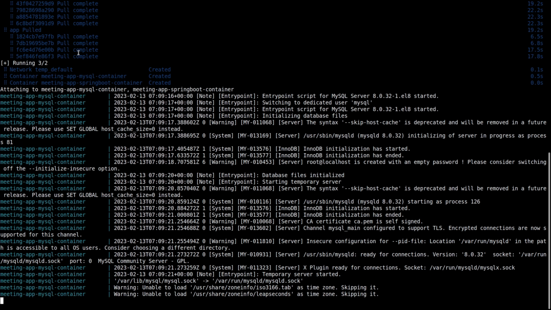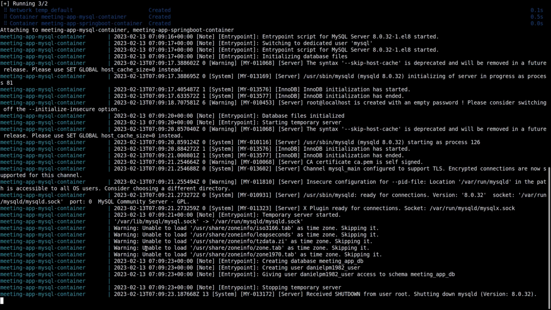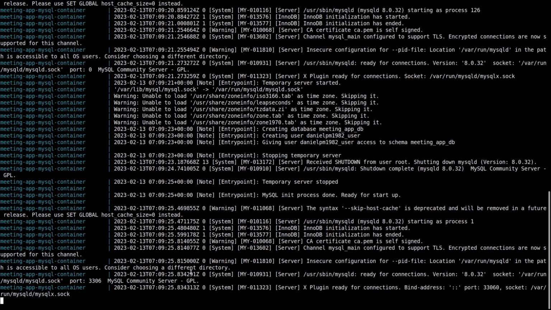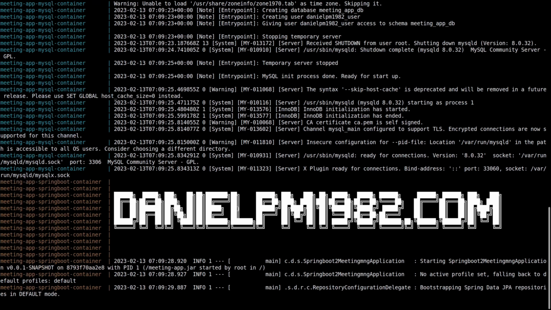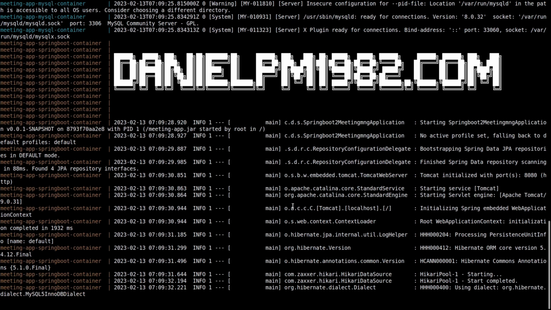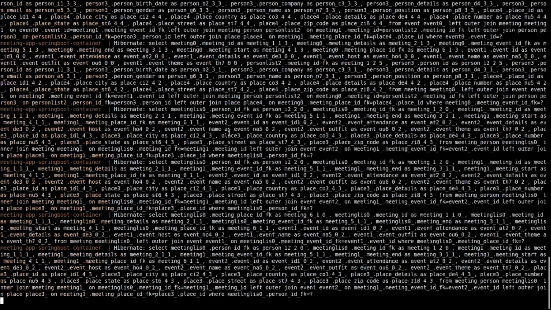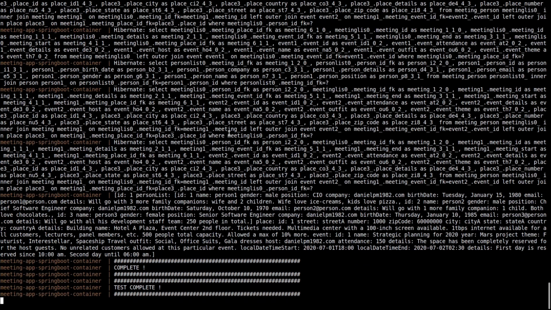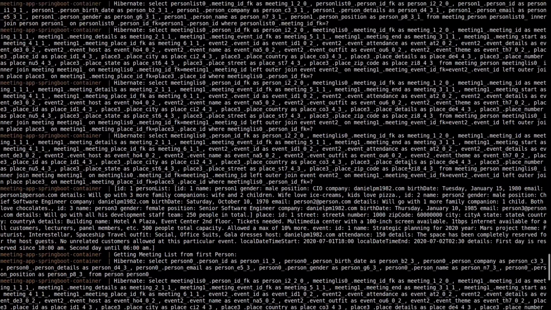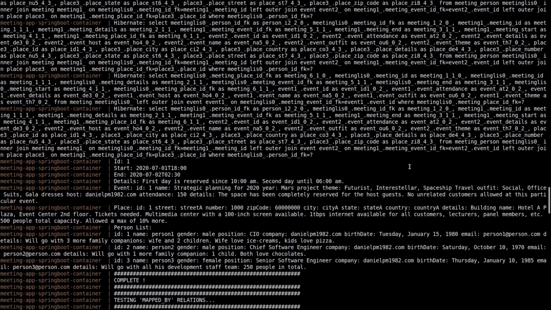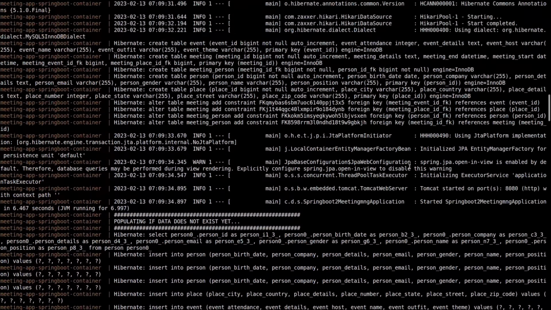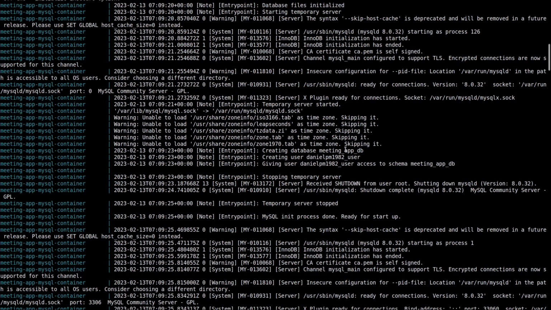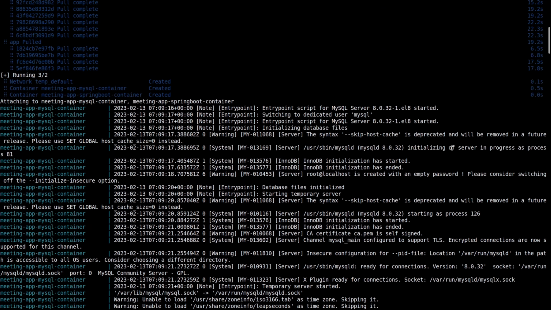Pay attention that it's first checking that the MySQL container has actually started, and only then it starts the Spring Boot container, because the Spring Boot container has to connect with an already started DBMS, the MySQL database. So the Spring Boot container has succeeded both in starting and connecting to the previously created and started MySQL